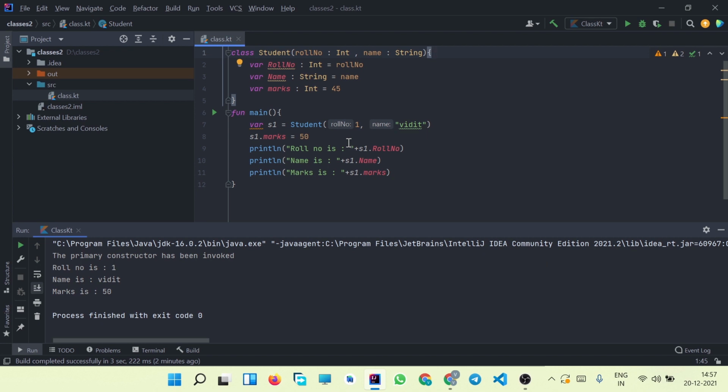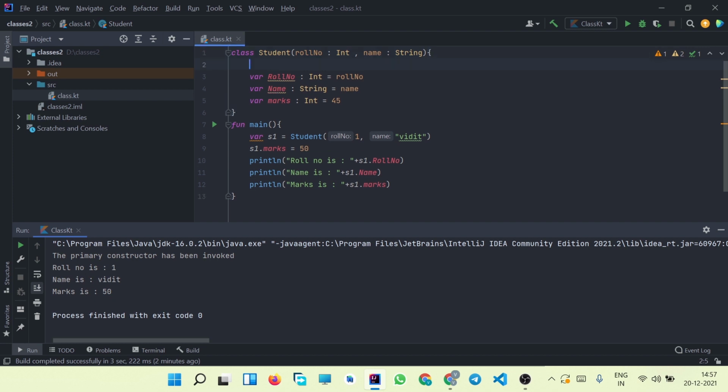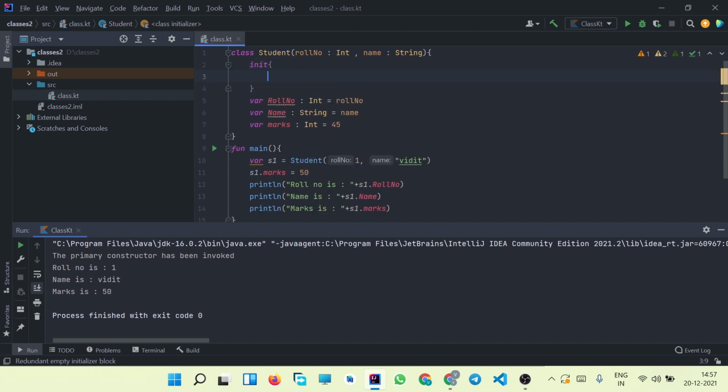That problem is we cannot add a block of code in the header itself. If you want to add a block of code while using a primary constructor, you can explicitly write an init keyword followed by the code block, and whatever code you write inside it will be executed when the constructor is called.